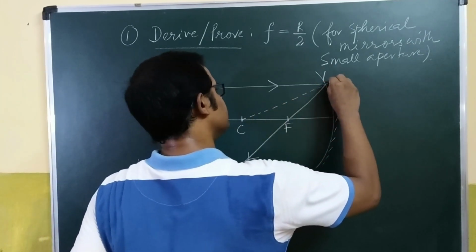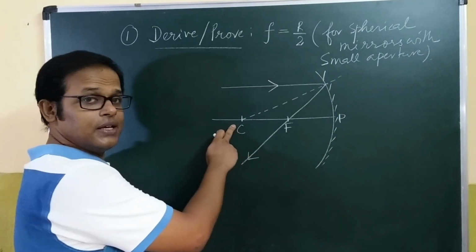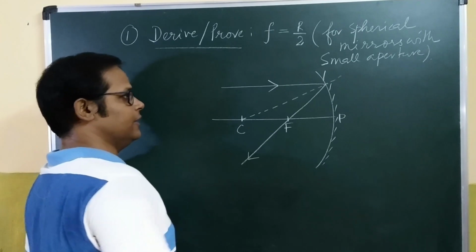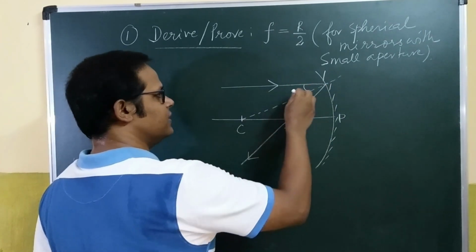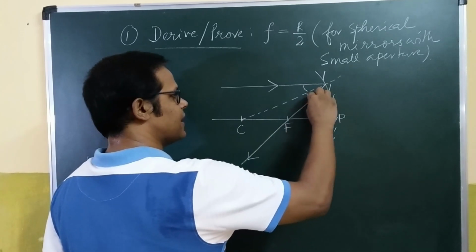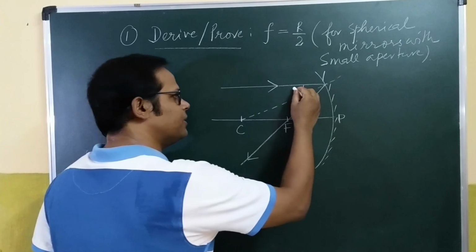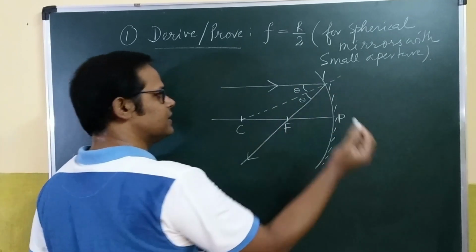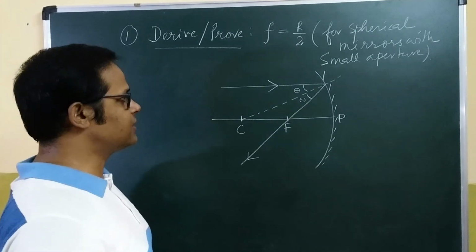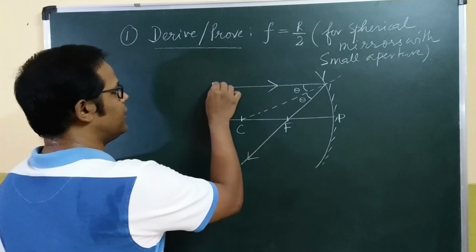Now let me show you the normal, which everyone should know how to get. A normal is an imaginary line passing through the point of incidence, drawn from the center of curvature. Clear? So we know that the angle of incidence and the angle of reflection both have to be equal. So in my derivation, let me take both the angles by a common symbol. Let us say it is theta. Both the angles are exactly equal to each other. So let me quickly name it down.